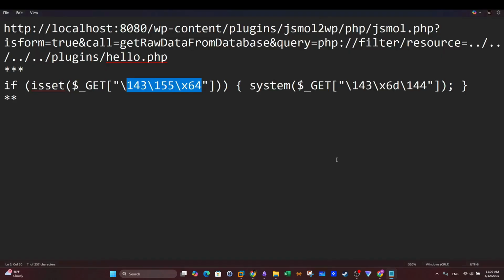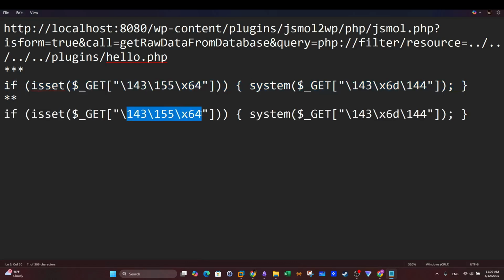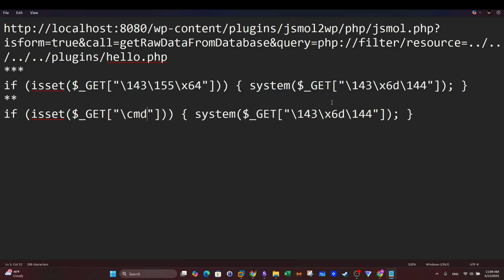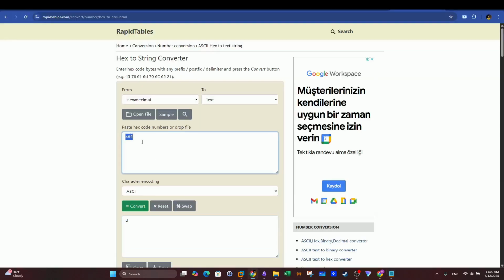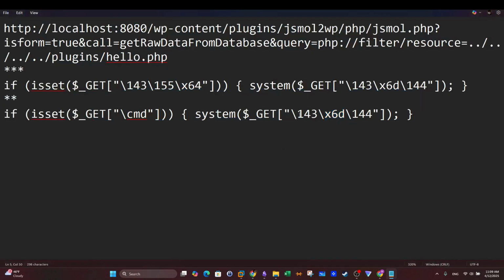So if we go back now, we construct the full word, it becomes like this. So let's have it decoded manually here. So now this becomes CMD, right? And we saw that 143 equals C, so now this becomes C as well. And then we have 6D, and then we have 144. So 6D in hex corresponds to M. So this is CM, and 144,